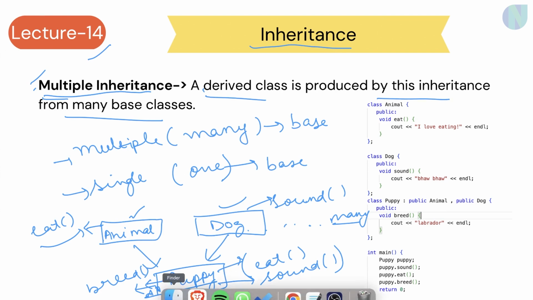In this inheritance, a class can inherit or derive characteristics of multiple classes. There is one derived class which can inherit properties from multiple classes, so it is called multiple inheritance. We can see from this example an instance of multiple inheritance. So let's have a quick look at this example as well.